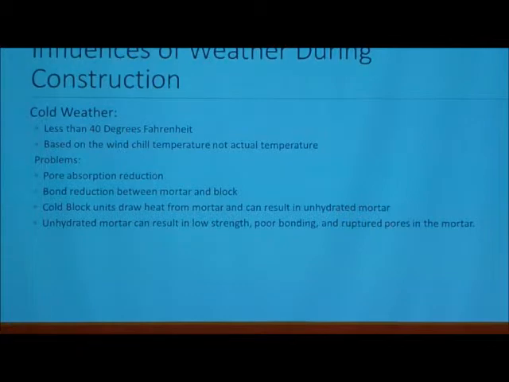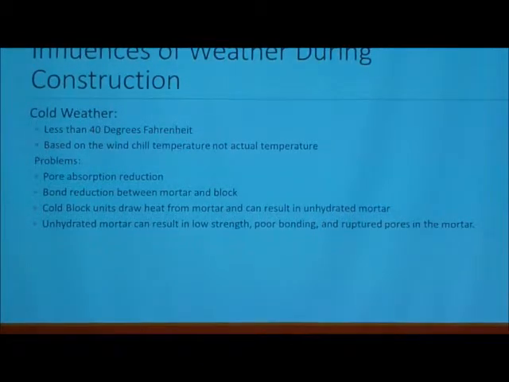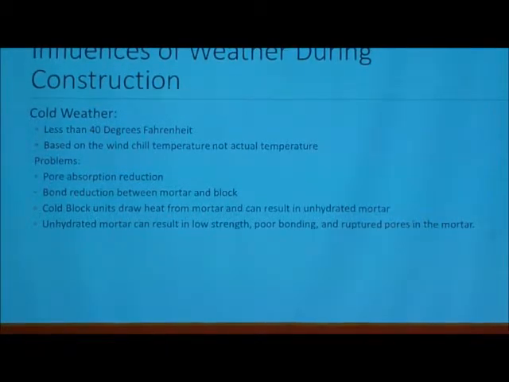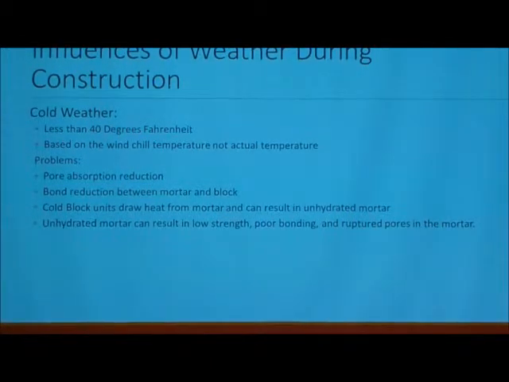For those who know about the curing process of concrete, you know that there's a heat gradient that has to form, and if that heat's not there, then the mortar will stop curing, and so that would result in the loss of strength. The bonding actually occurs because the water in the mortar and grout will not be able to be hydrated